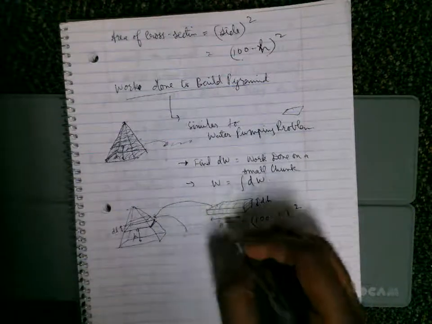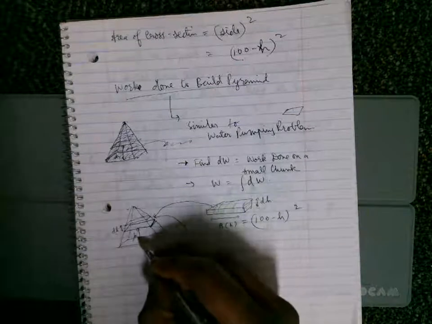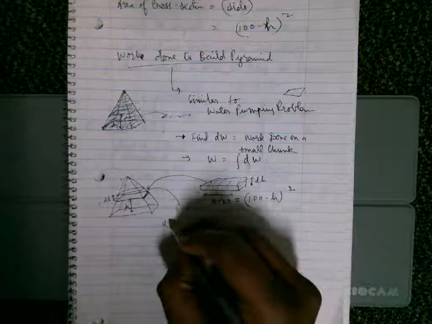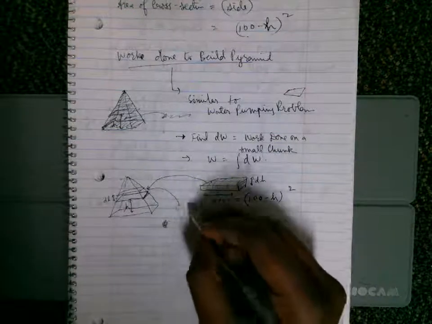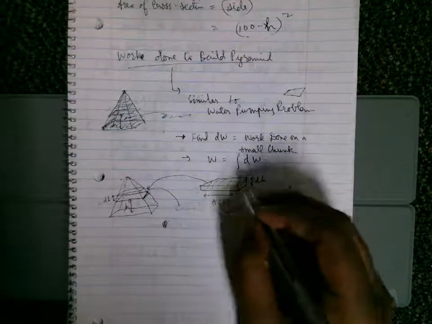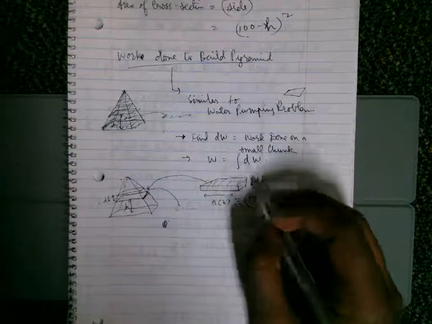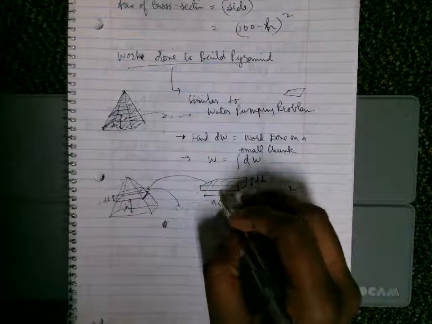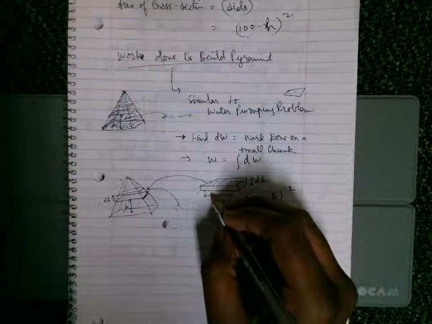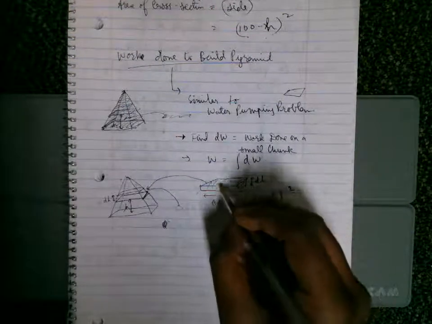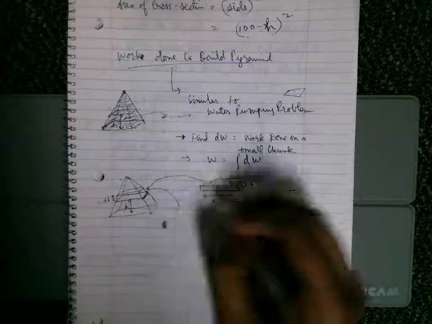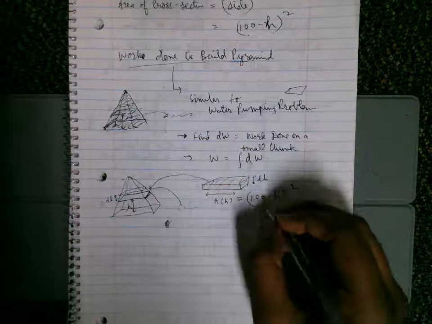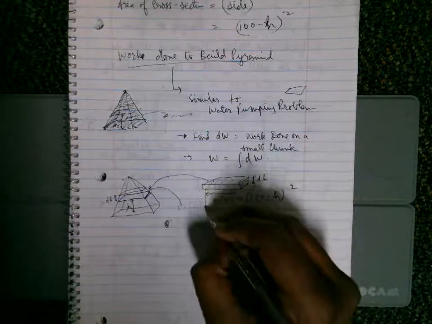So that means this has to be lifted up to a height h from the bottom. So you have to work against the force of gravity. But let's say you want to do minimal work, so that means you have to apply exactly the force required to balance the force of gravity, so that you can move it with zero velocity, I mean, with infinitesimal velocity, and put it here. So you are working against gravity.